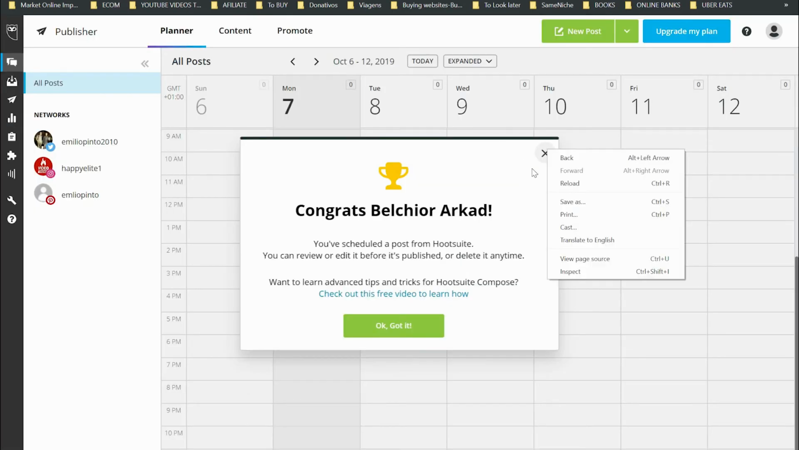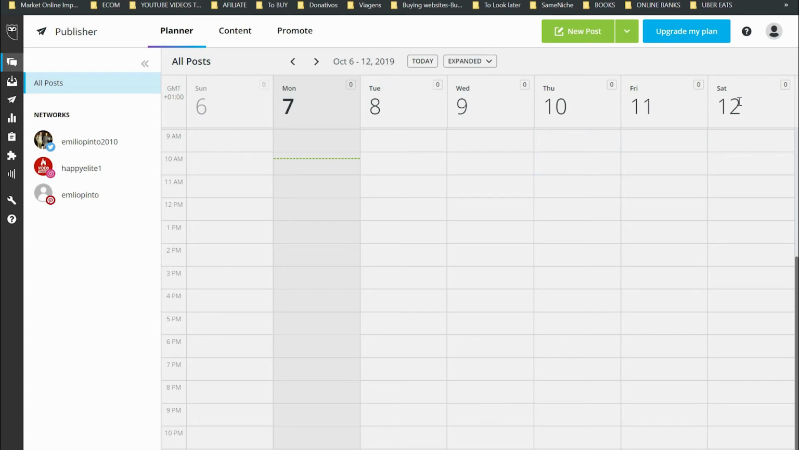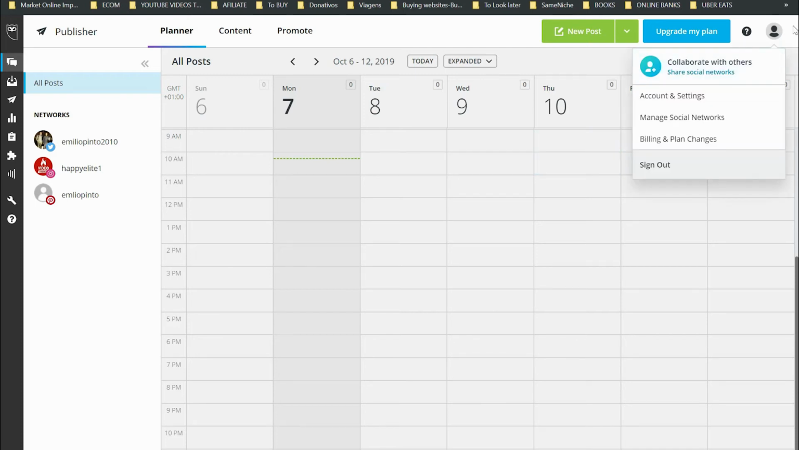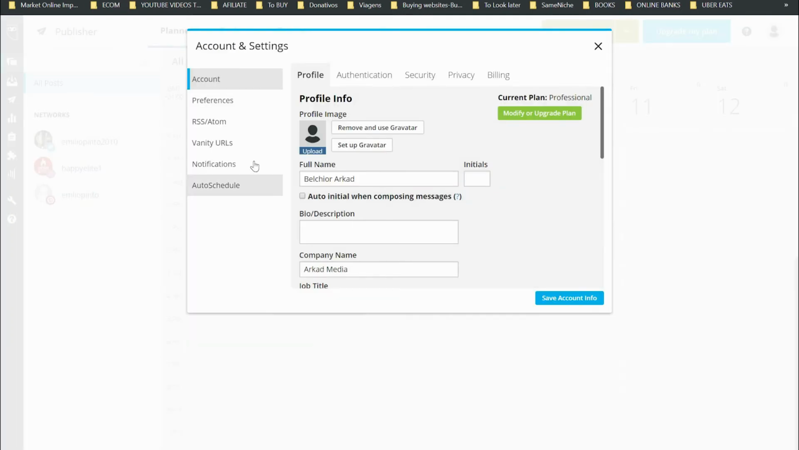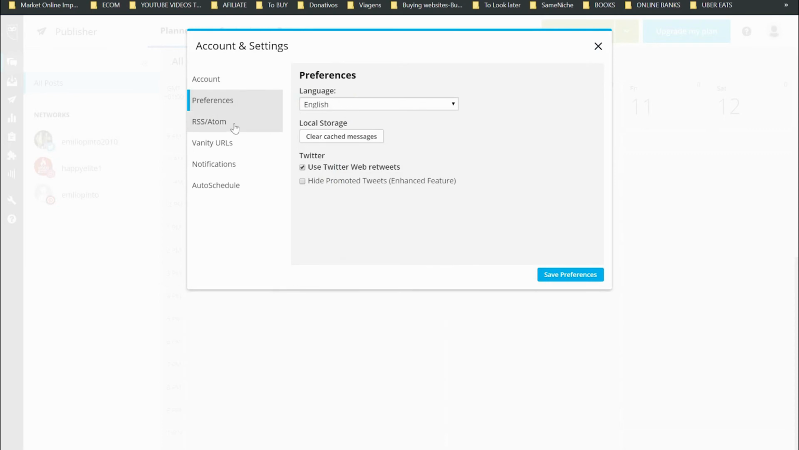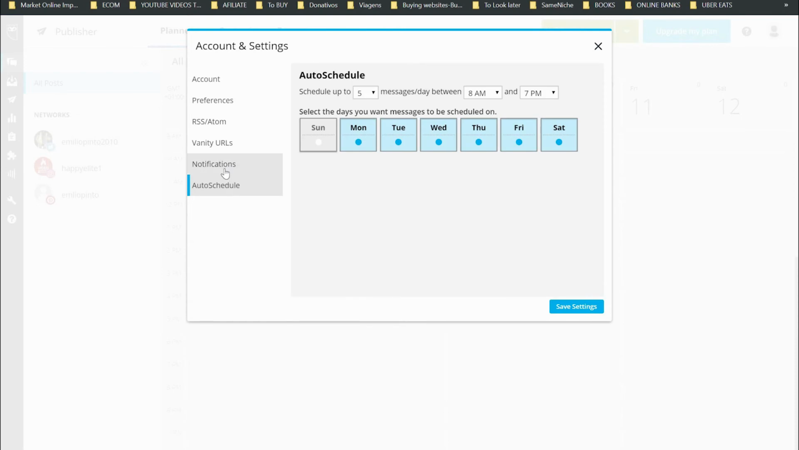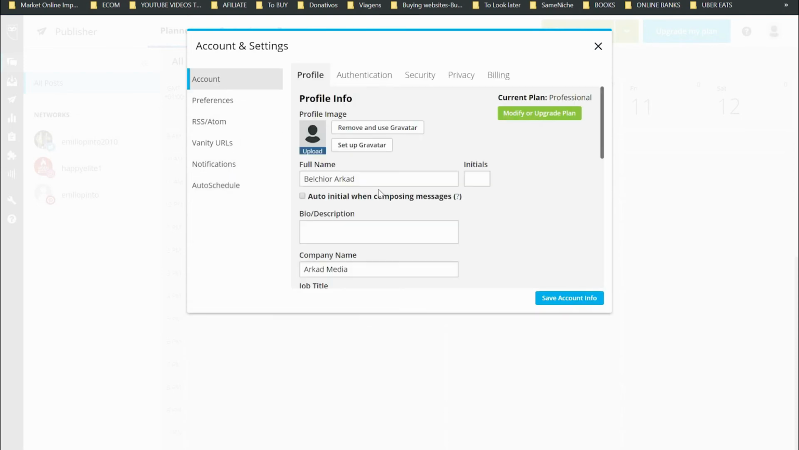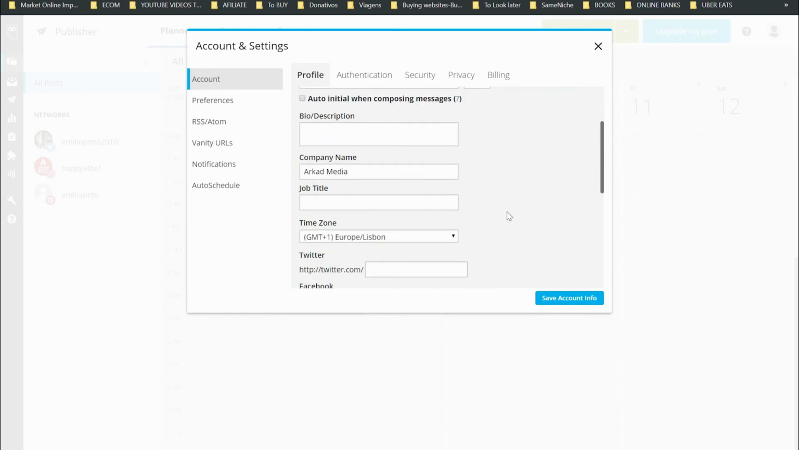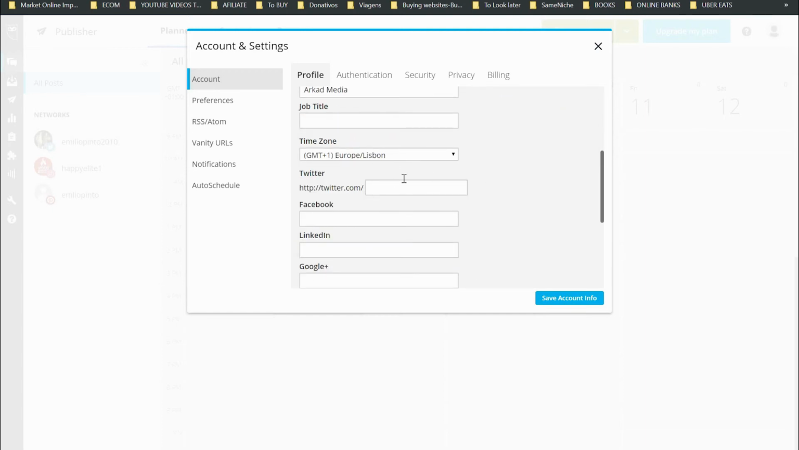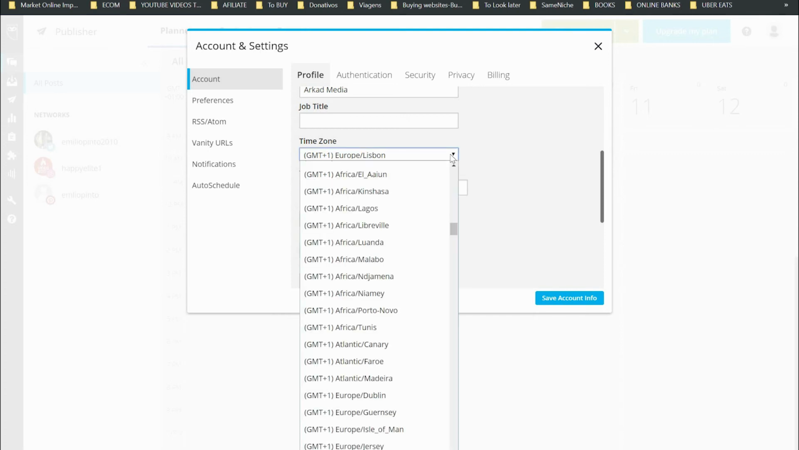All right, now if you want to change the time zone, you can see it in your upper right corner, and then go to account and settings, and then you can see the preference, English, right? And then you can go to notification. You can see anything that you want. If you want to change anything here, let me say my account, and then professional. Okay, time zone. As you can see, the time zone, you need to change the time zone to, if